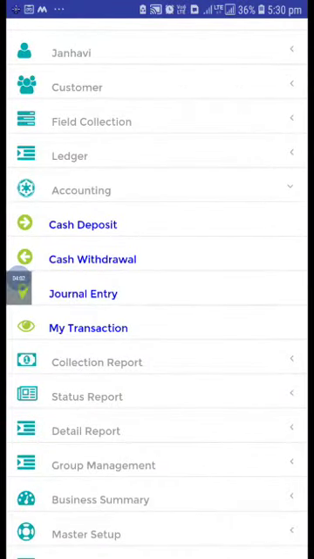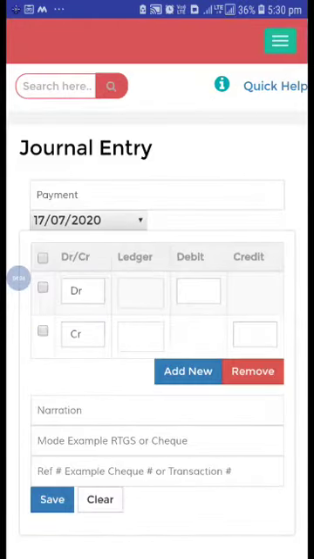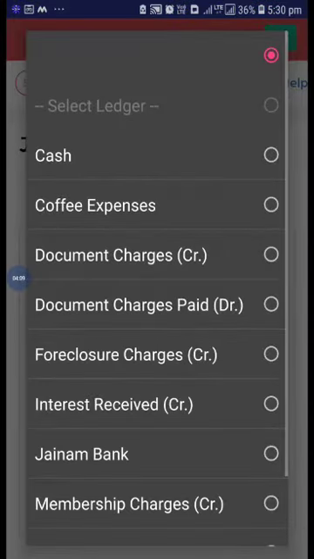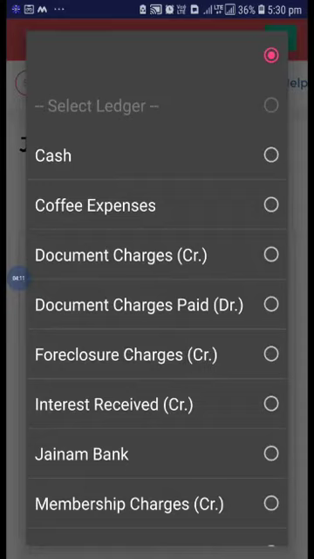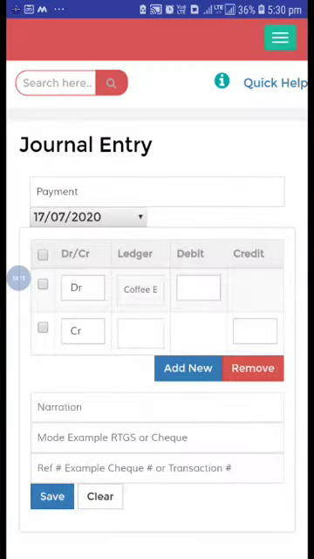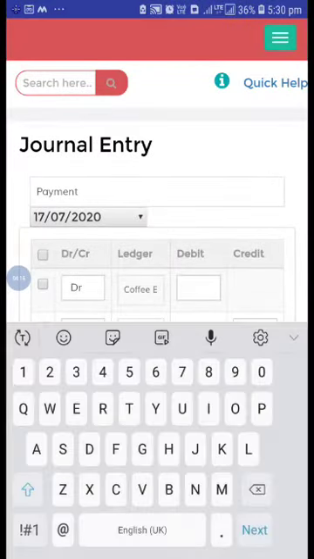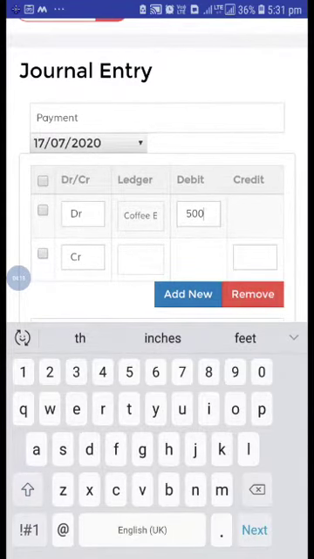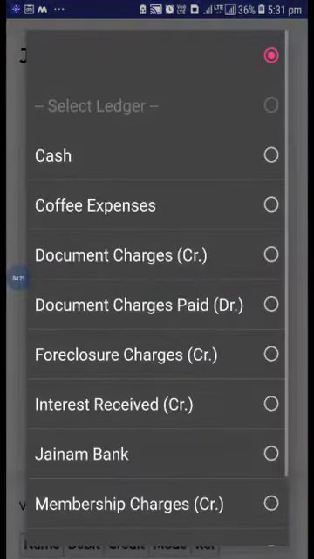And the journal entry, in this, suppose from 25,000, some coffee expenses you paid, so 500 rupees debited, and how you paid, from cash or bank.